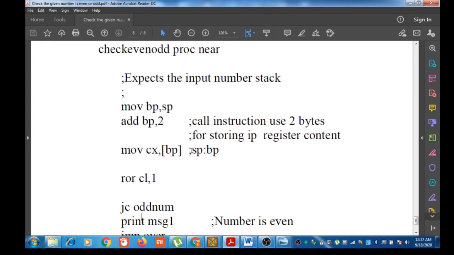This is not SP, it is SS, the stack segment register. So that location content, that word, will be moved to CX register and we will do the ROR instruction as in the previous cases, on CL content, and we will decide whether the number is even or odd.